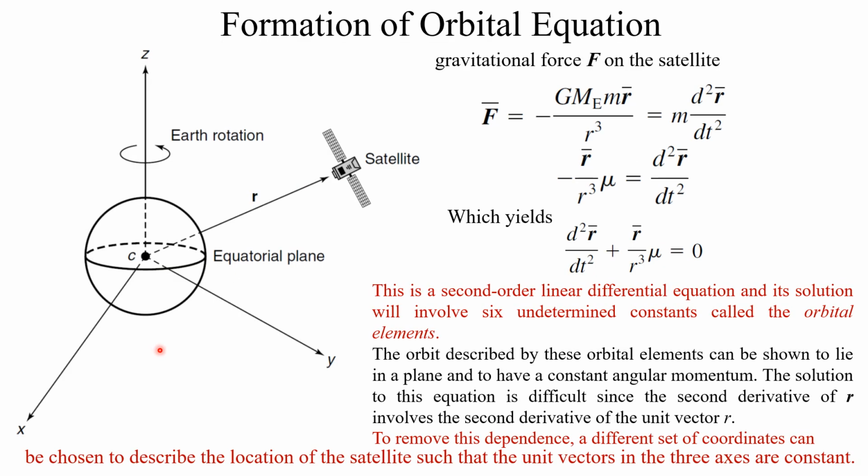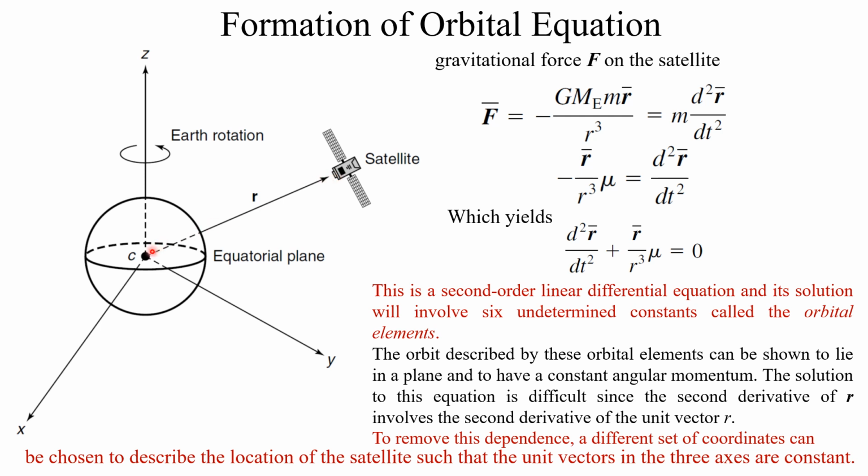Now we will try to formulate the orbital equation. So this is the Earth and this is the equatorial plane. This is the equatorial plane, and Earth is rotating around the Z axis. This is the direction of the North Pole. Now, if a satellite is revolving around the Earth with a radius of R, the radius of that revolution or radius of